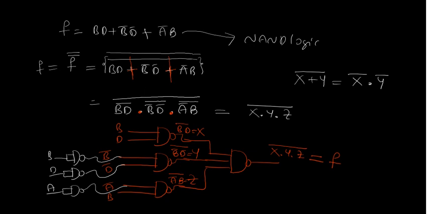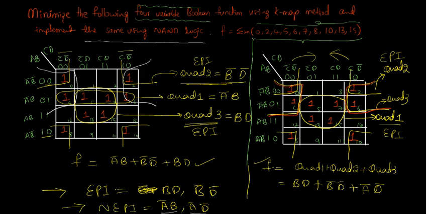And if you have any doubts related to this particular NAND logic realization and the previous one, how to know the essential and non-essential: in this problem, for this expression, we got two essential prime implicants and two non-essential prime implicants. If you consider one non-essential prime implicant, the other non-essential prime implicant becomes redundant for this problem. But for other problems, the scenario might be different.